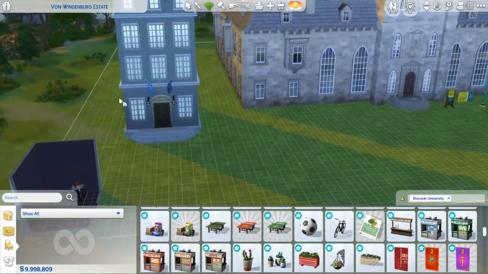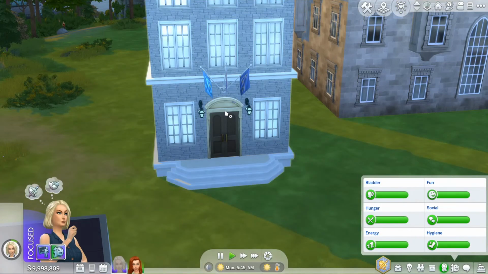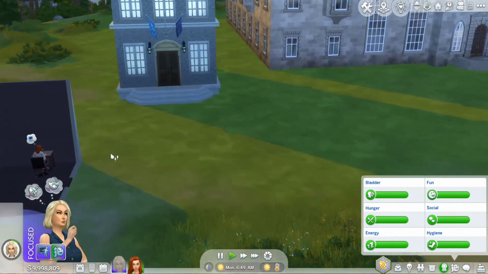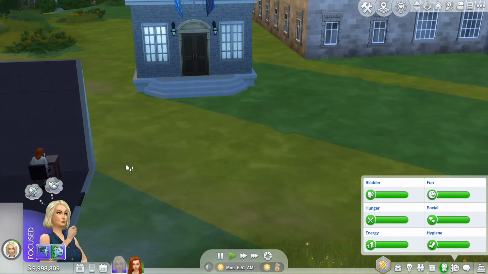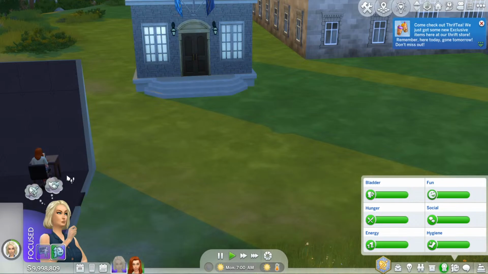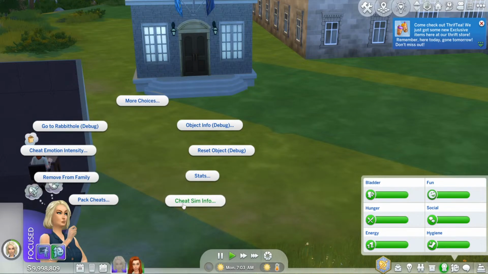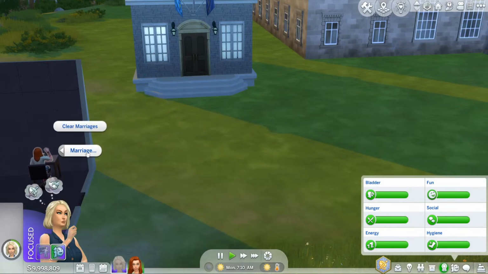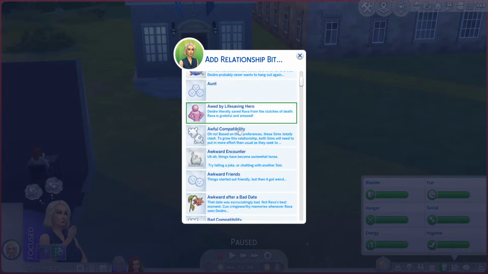That Sims lady also had requested the courthouse. And I think it doesn't open till 9 a.m. So, okay, let's test the courthouse. And let me know, there's Batu shells and tons of other ones. Oops, I just moved my desk, sorry. Let's cheat and make them in love. I actually don't know how to make them fall in love cheating. Well, I do: writing it, marriage, cheat relationship, add relationship bit. Let's make them...